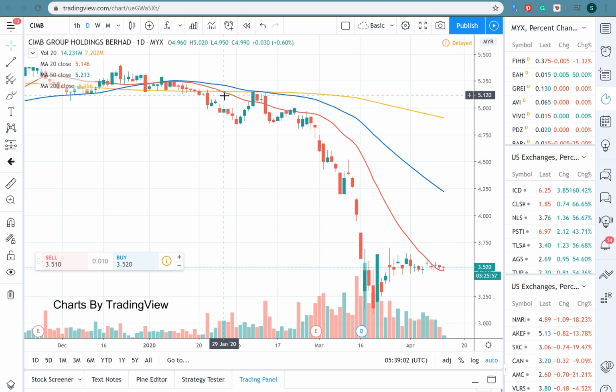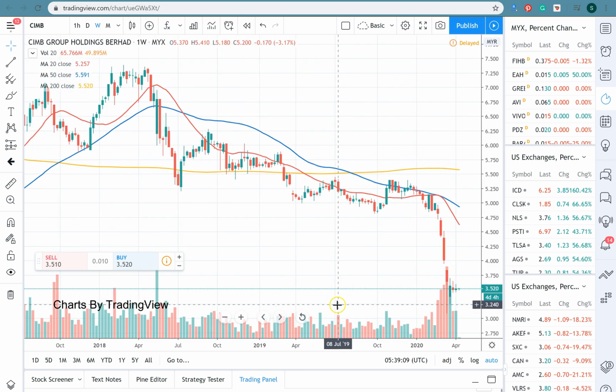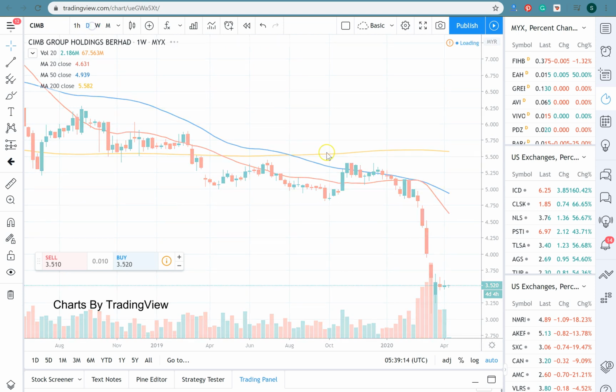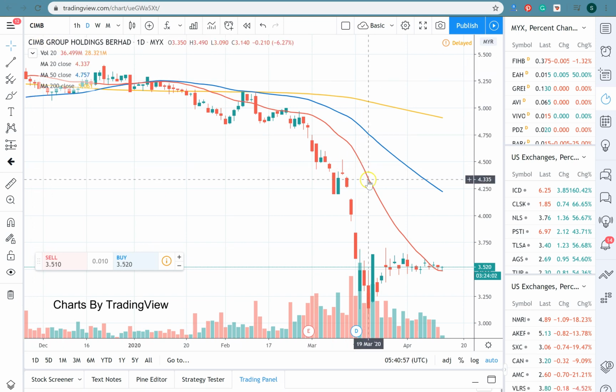CIMB also had a big sell-off, and looking at the weekly chart it is still in a downtrend. On the daily chart, I think CIMB might also have bottomed here. So as long as it stays above the low here, about 3.08, then we might have already seen a bottom,